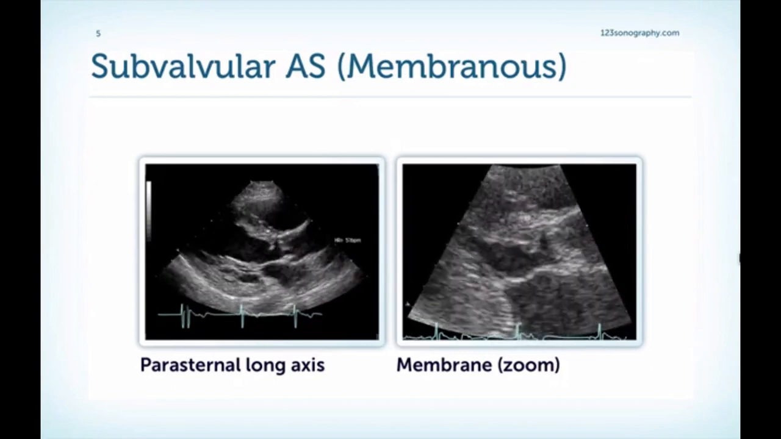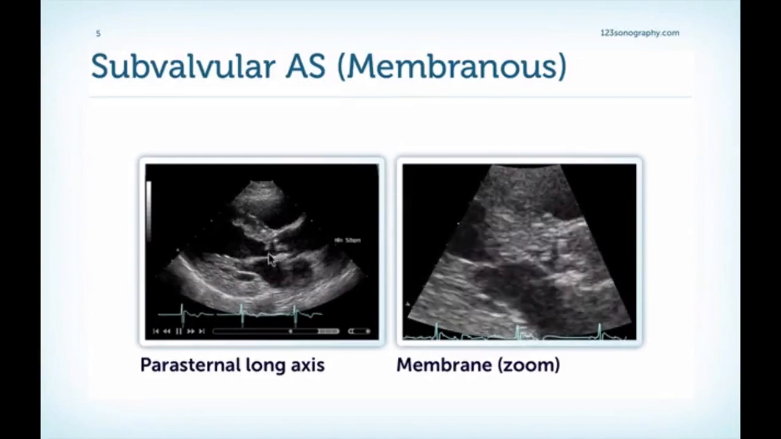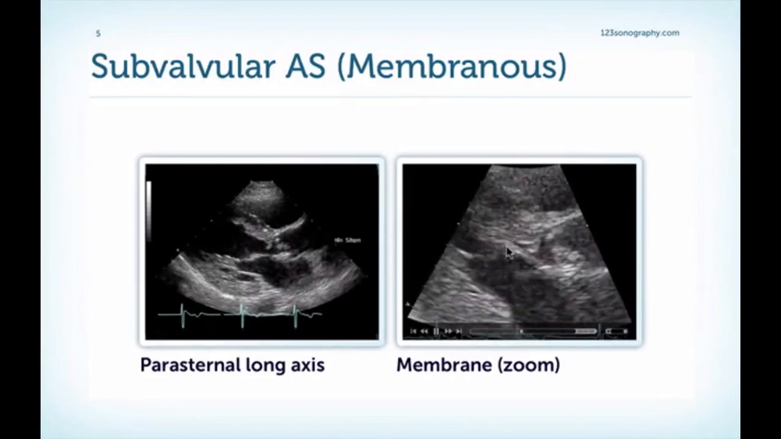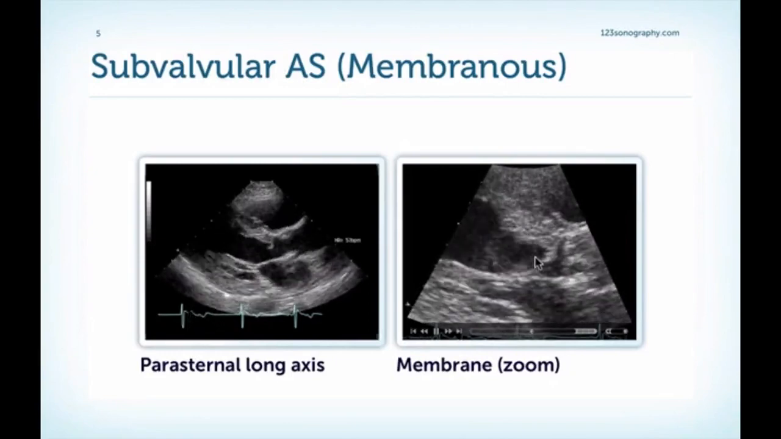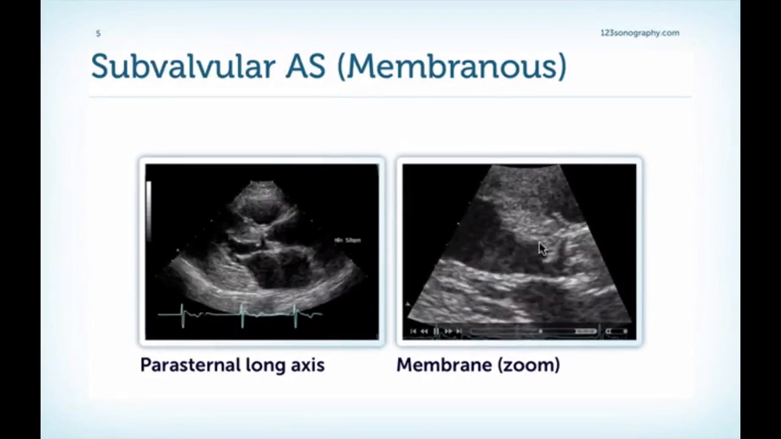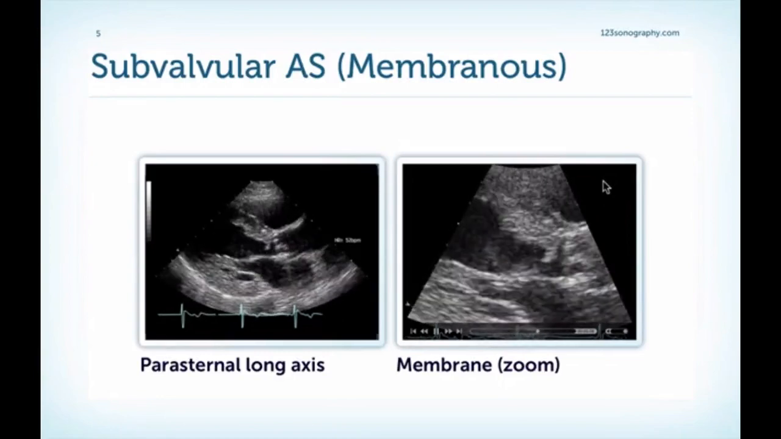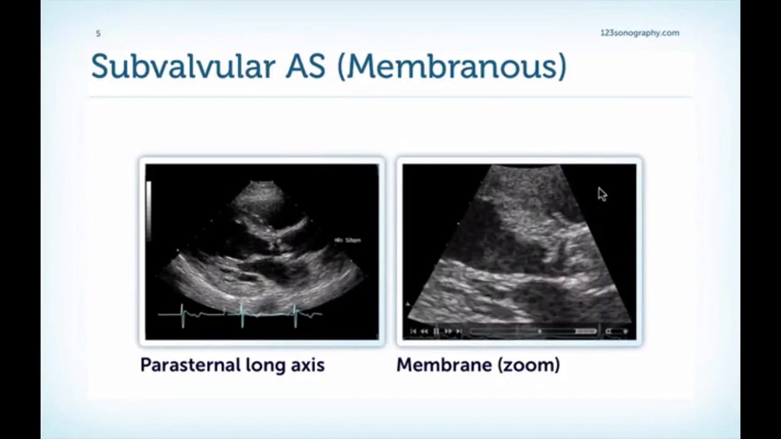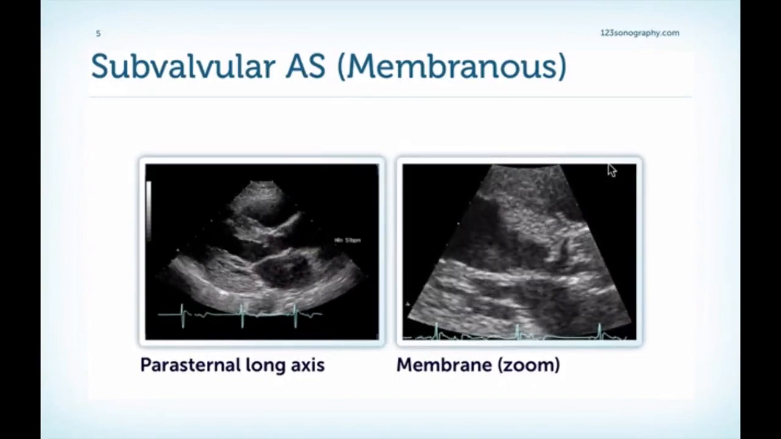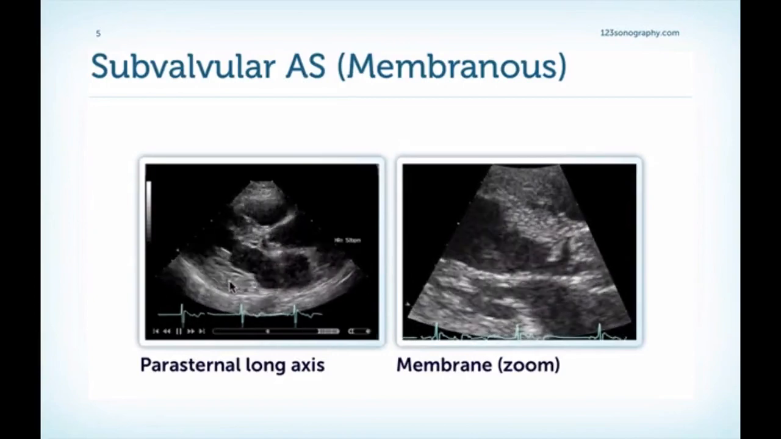Here on the left side in the parasternal long axis view, you can clearly see this thick membrane just below the aortic valve. Let's take a closer look. Here on the right side in the zoom function, you can see this thick membrane here in the left ventricular outflow tract causing obstruction, and note also the left ventricular hypertrophy which has already developed in the left ventricle due